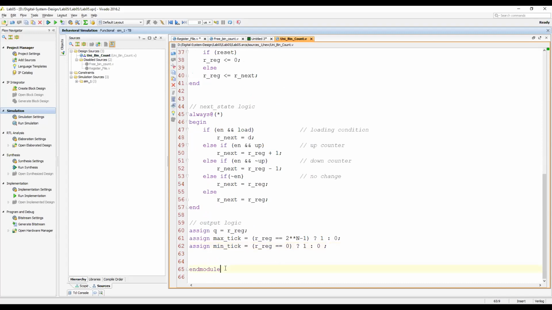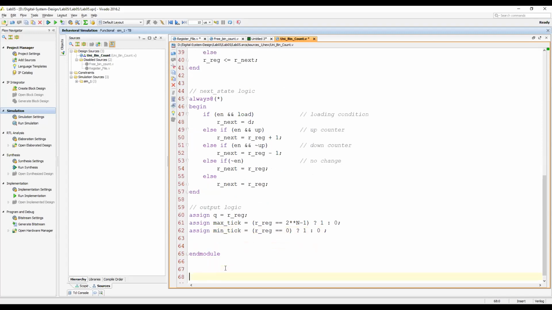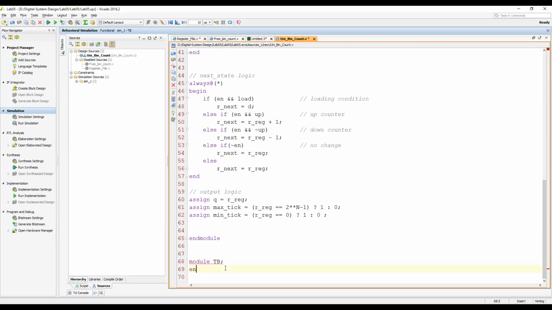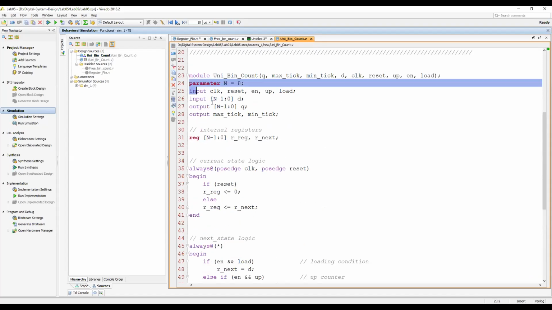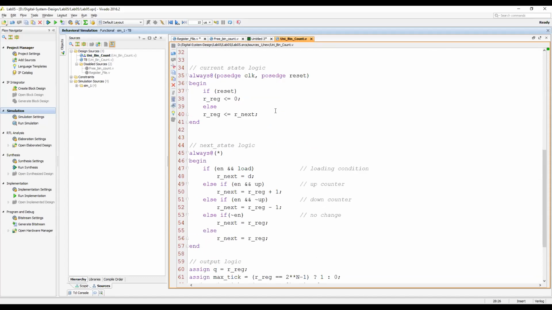Okay, so let's design the test bench. What are the parameters and ports? Let's copy.